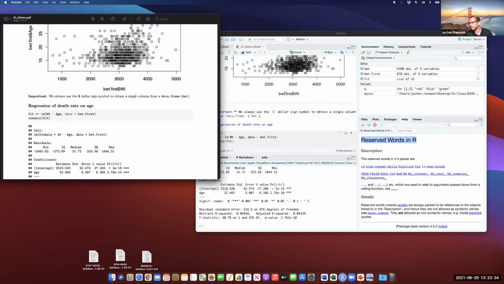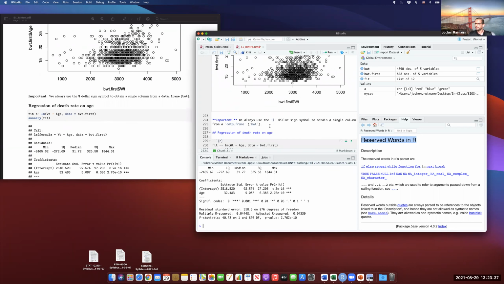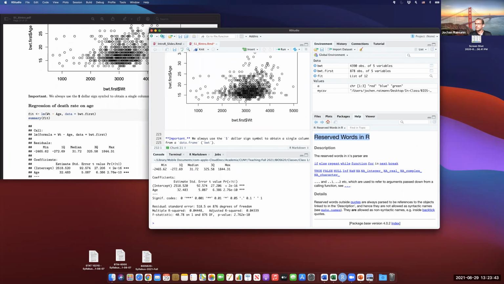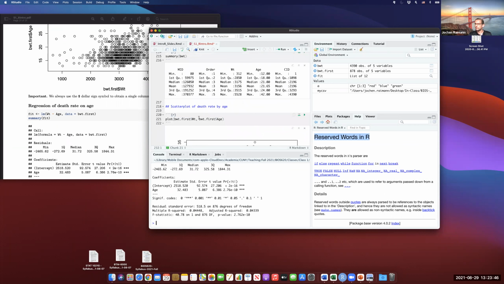Okay. All right. So these are things that we did already. Yeah, so here are some things that they're referring to. So when you want to look at one column only within your data set, you essentially take,